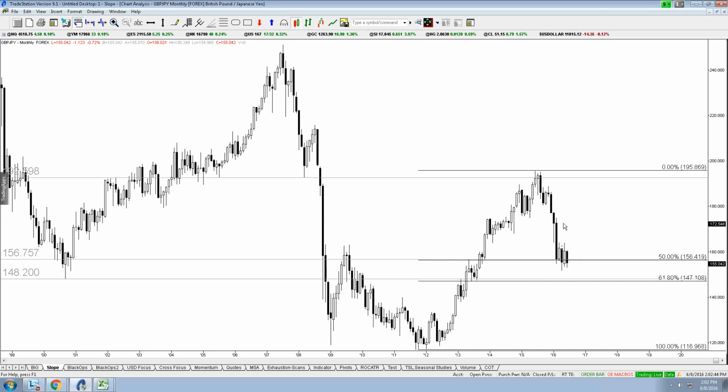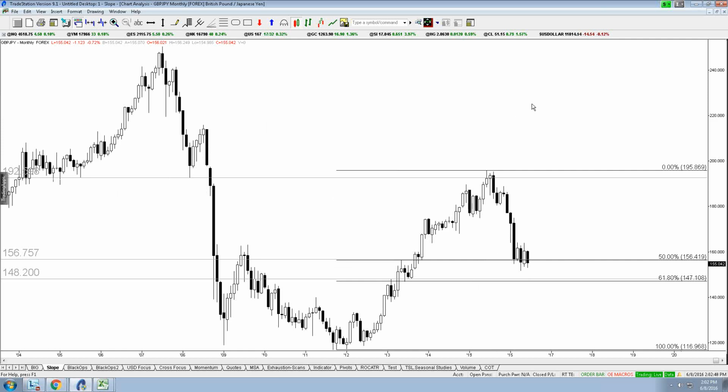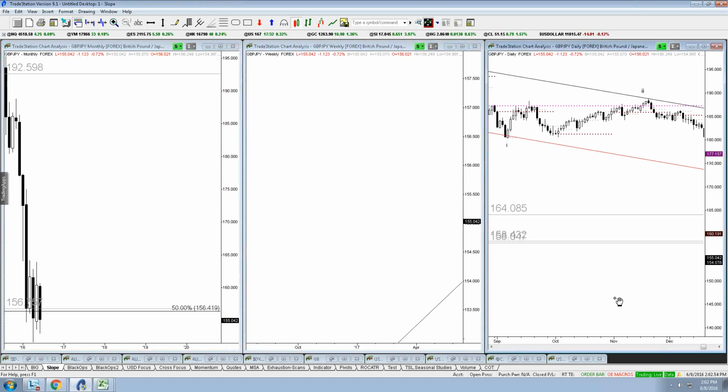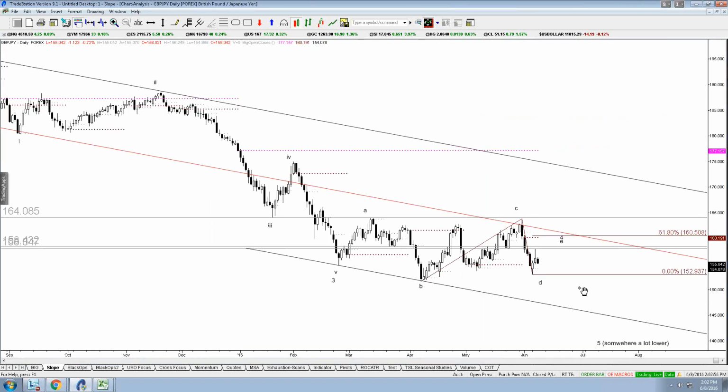So, again, what I do with levels like this is I have them written down on my wall, or a chalkboard or a piece of paper or something. Just keep them in front of you. That way you won't be surprised when the market gets there and you can act on it. Finally,